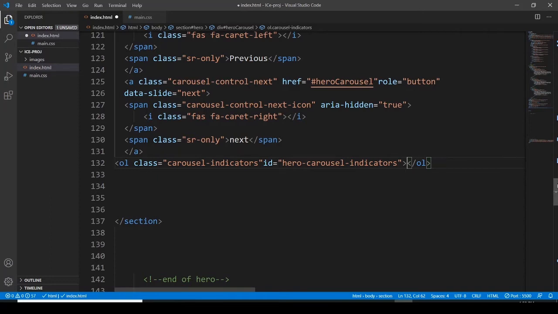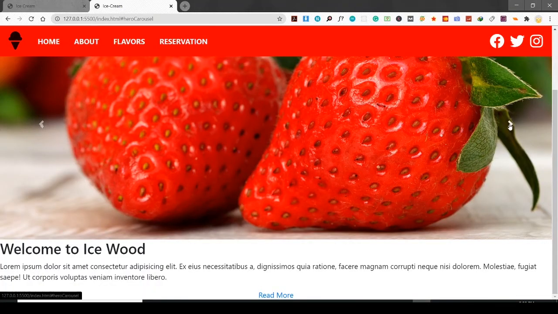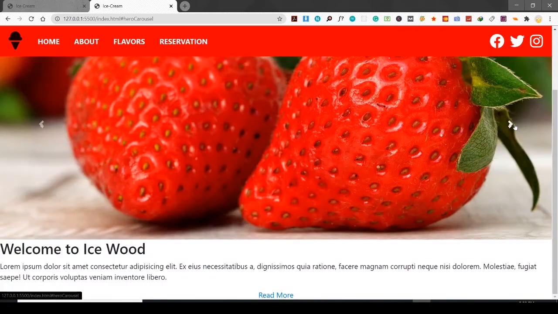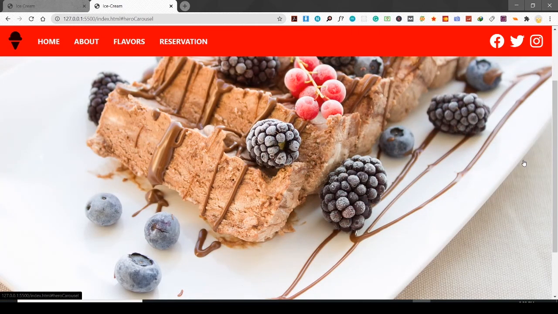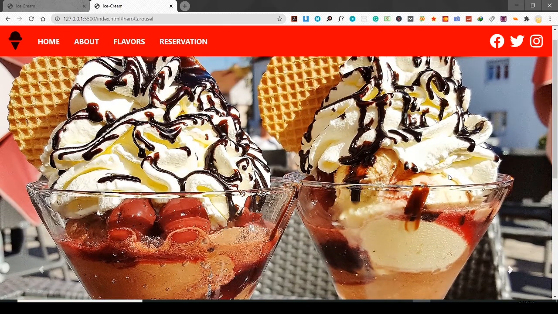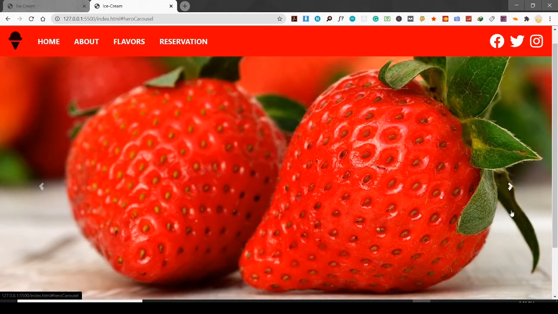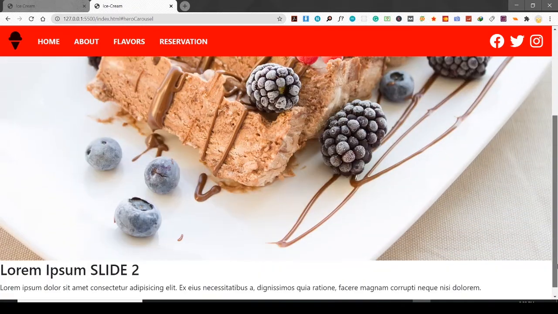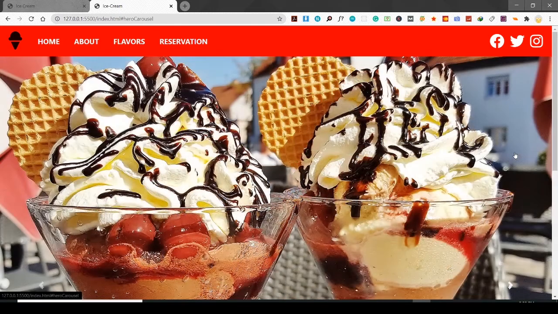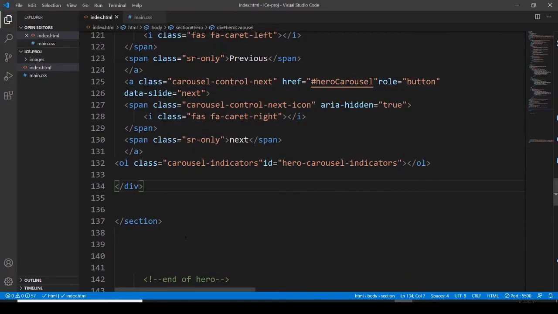Let's check. Okay, let's save it. So we do have the indicators and they are working, but now we have to work on the style. We have to style this to make it better and to give it some good look. It is looking good, but not as I want it to be. So for that, let's go to the style sheet,